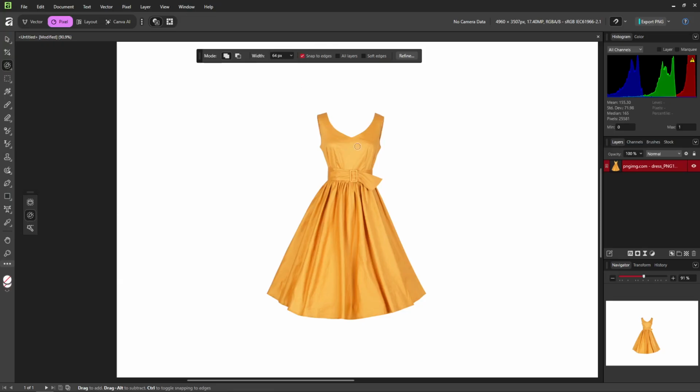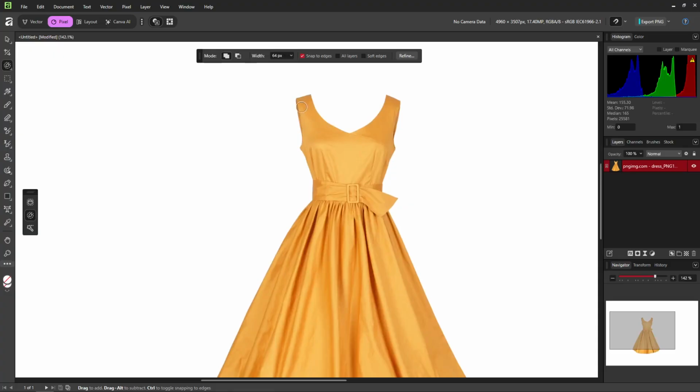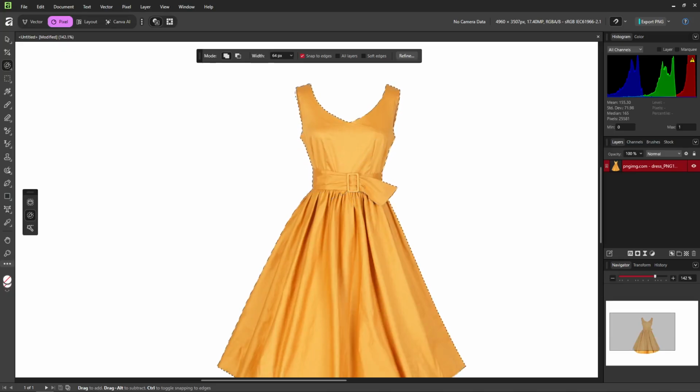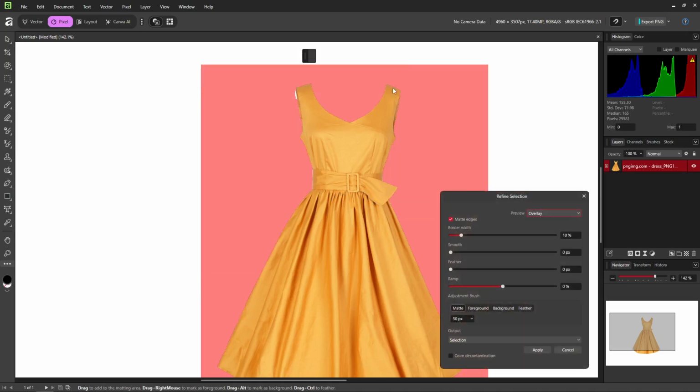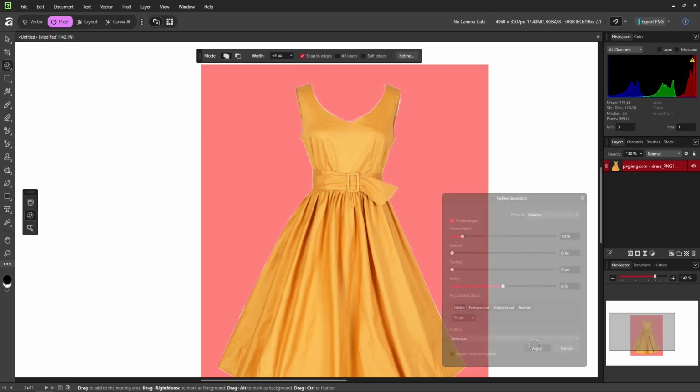Having made a rough selection, the next thing you should do is click on Refine, which you'll find in the Context toolbar. This feature is invaluable as it aids in smoothing and fine-tuning the edges of your selection, ensuring everything looks neat and precise. Now that you have the dress selected, it's time to add an adjustment layer for the